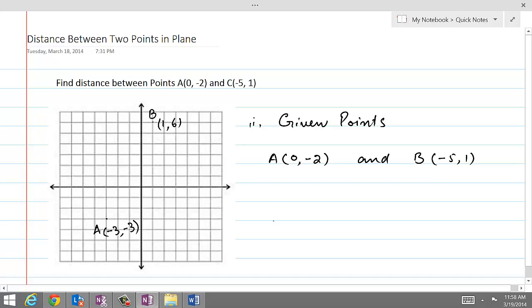And now we want to find the distance between A and B, and we will denote this distance as D between A